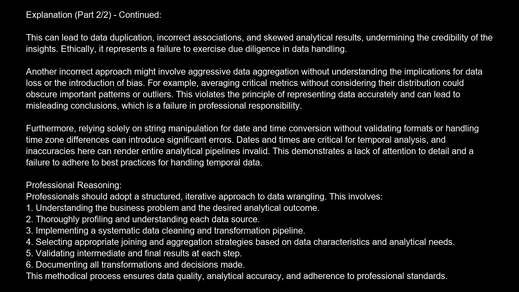Another incorrect approach might involve aggressive data aggregation without understanding the implications for data loss or the introduction of bias. For example, averaging critical metrics without considering their distribution could obscure important patterns or outliers. This violates the principle of representing data accurately and can lead to misleading conclusions, which is a failure in professional